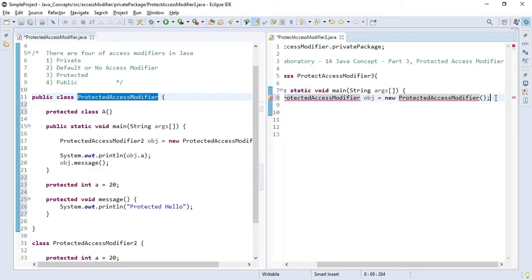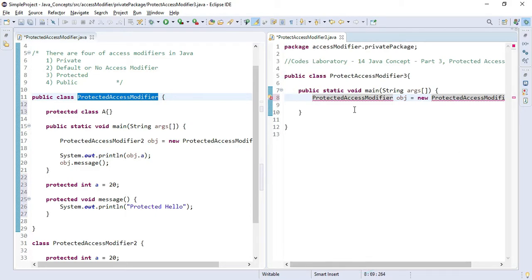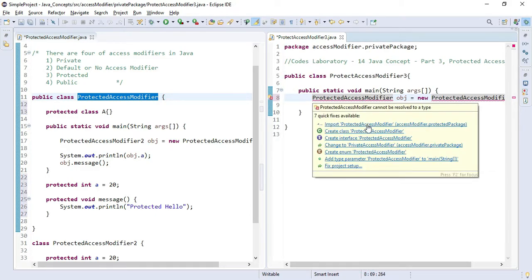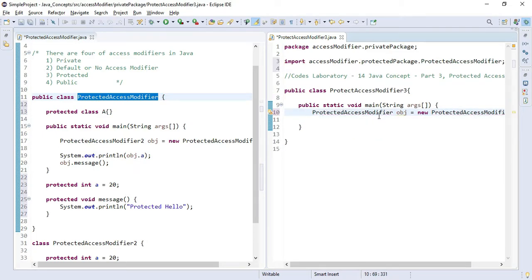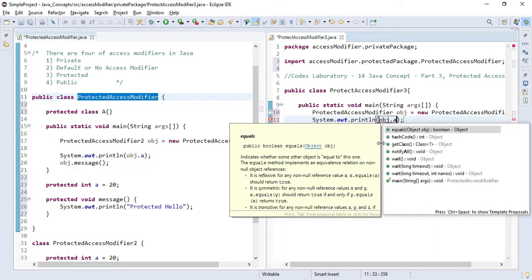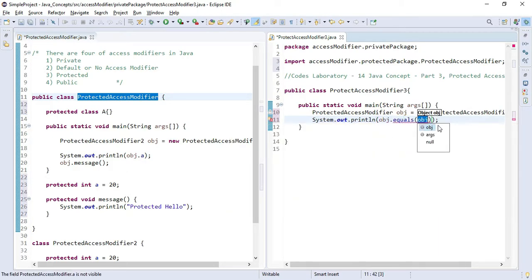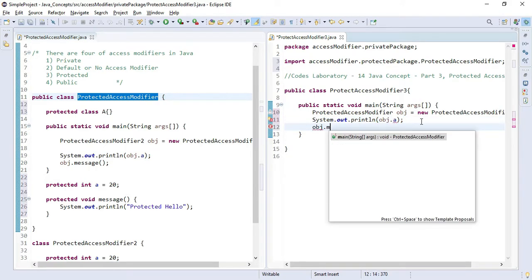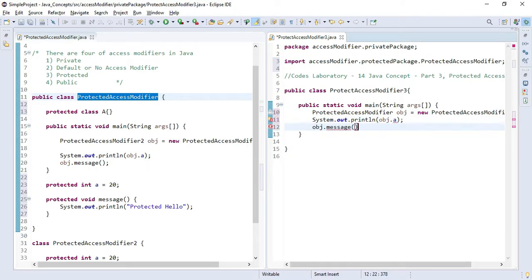Okay, we need to import it first as it is present in a different package. After that we want to use the protected property present in the protected access modifier class, and to do that we need to use a reference of that class and then a dot. Okay, not like this, we will simply write a, and to call the method we will write it like this.